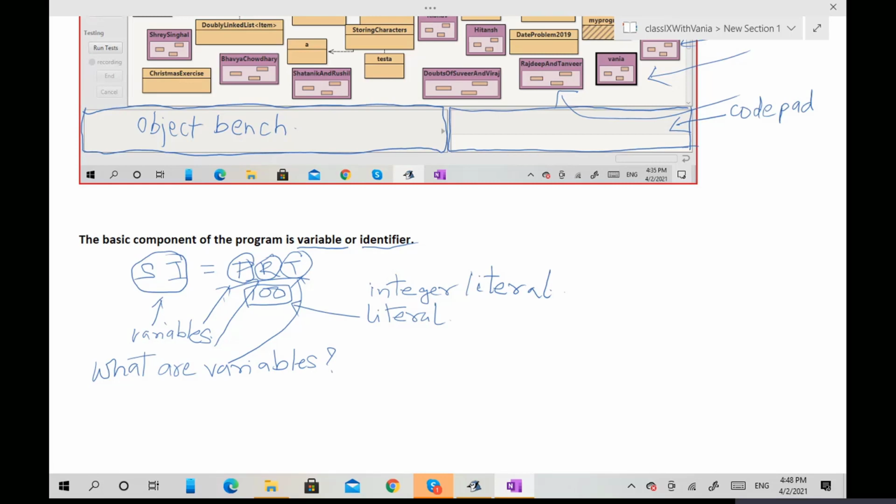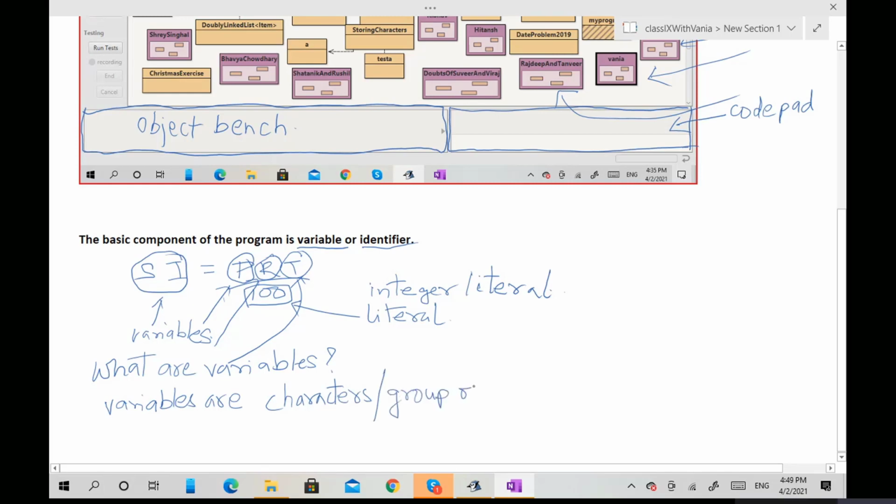When we don't know any value, we create one variable. So variables are a character or group of characters used as a placeholder.